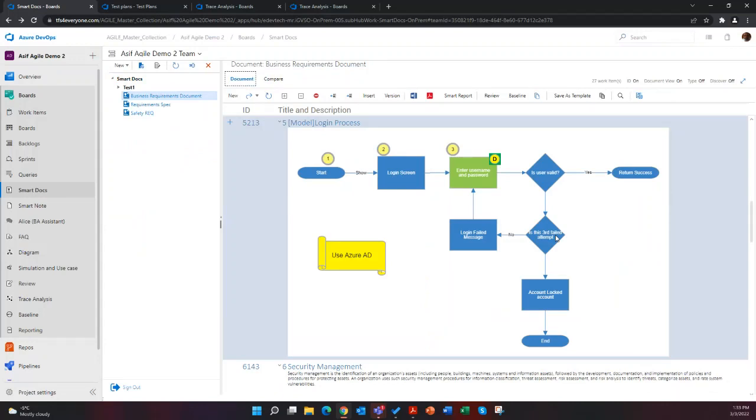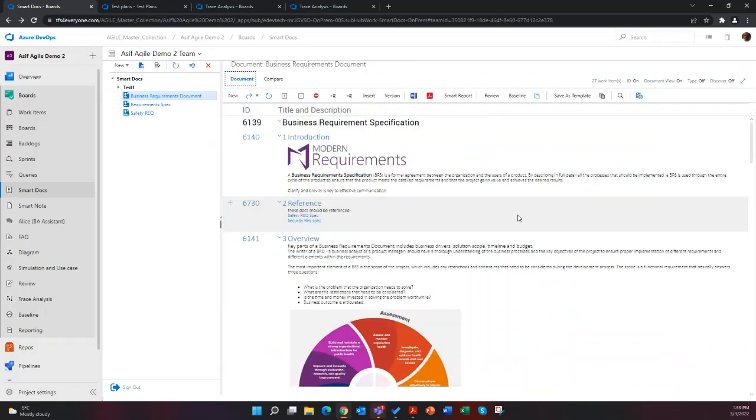So if you create requirements, in fact, depending on the process template you use, some of our clients build instruments, others do risk hazard management.